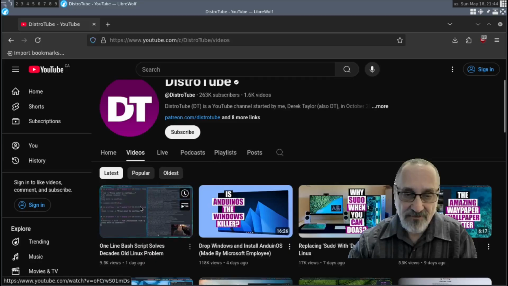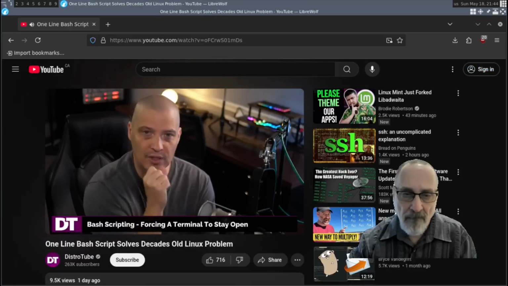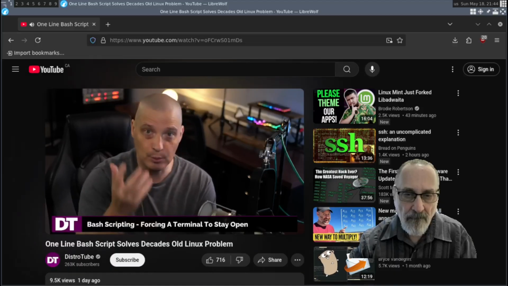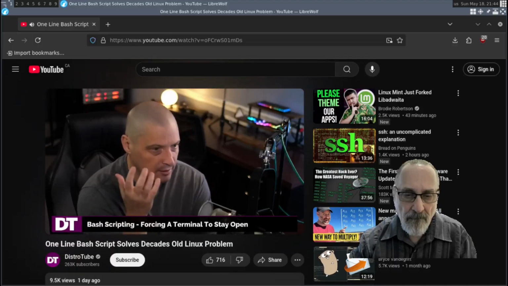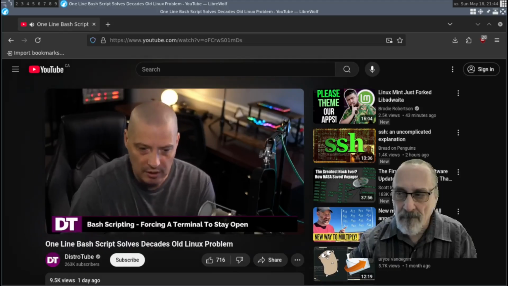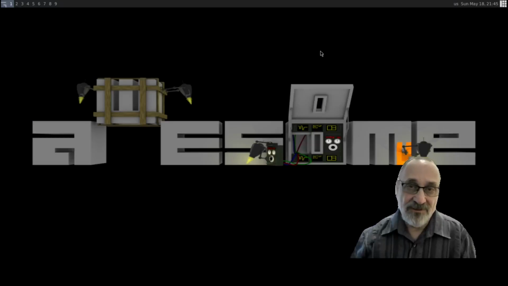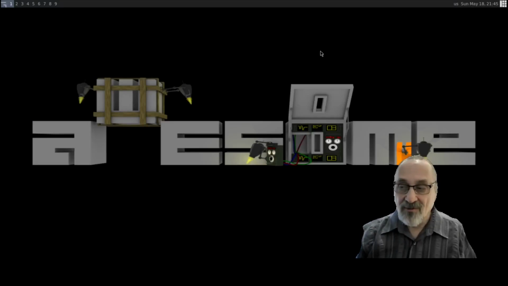Let's click it on. Having the terminal immediately close after running the command, that's usually not what you want. You want the terminal to open, you want it to run the command, and you want it to stay open so you can see the output of the command. Let me switch over to my desktop and let me show you this. So we can see the internet's working. We have video and we have